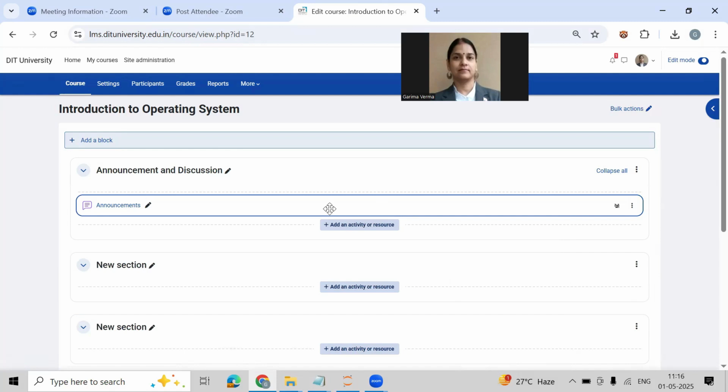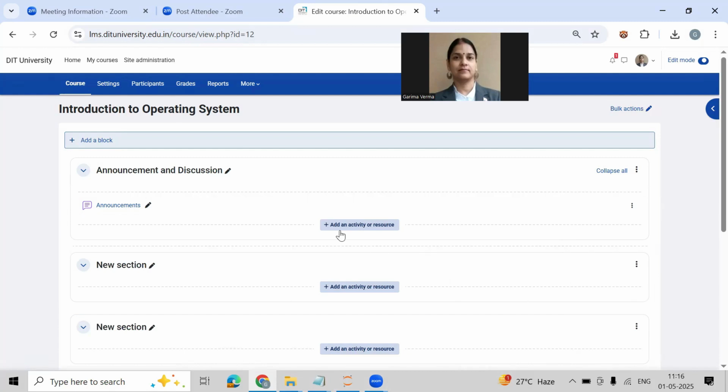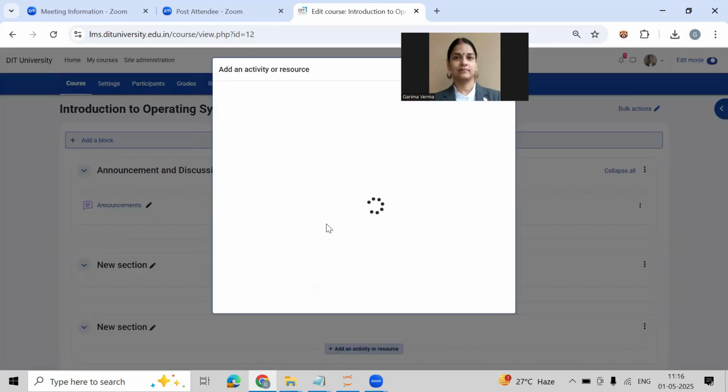Now, I am going to create a discussion forum where the student can put their query and other students, including the teacher, can answer. You have already seen that in so many discussion forums, for example Quora or other discussion forums, where we can put the query and other participants can give the answer. So it's not like only the teacher can give the answer, any student can opt to give the answer, right? For that you need to click on add an activity. So I am clicking on add an activity.